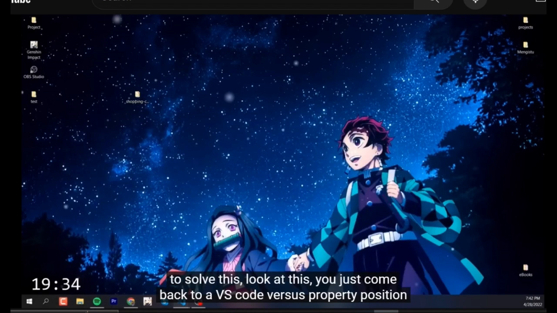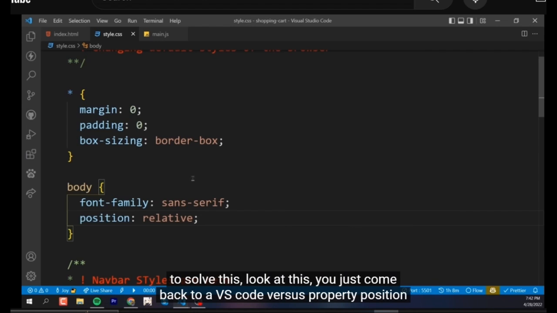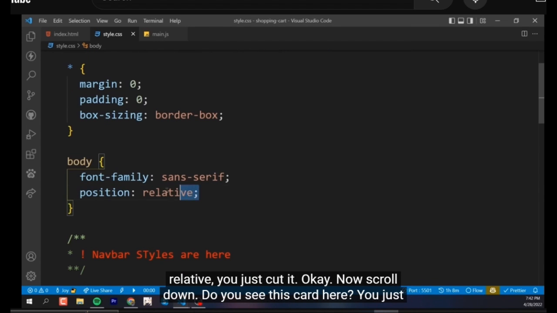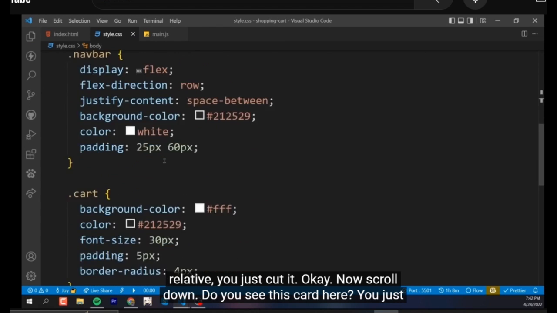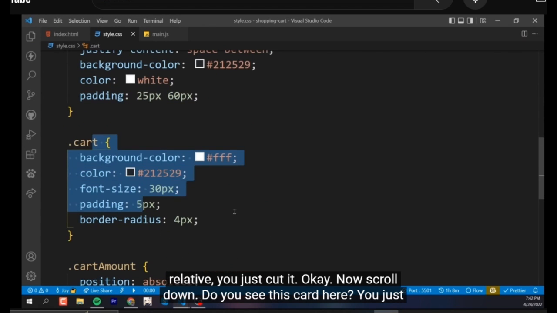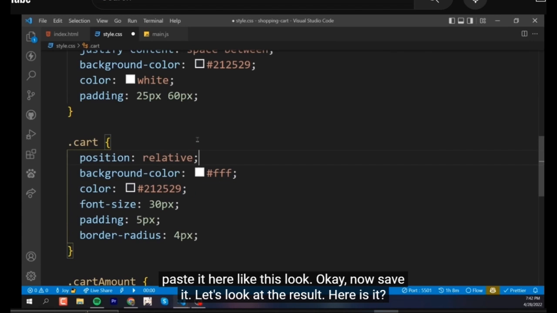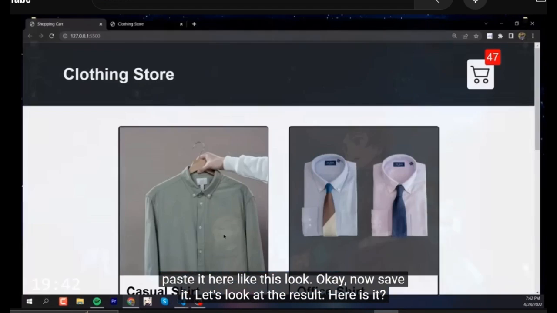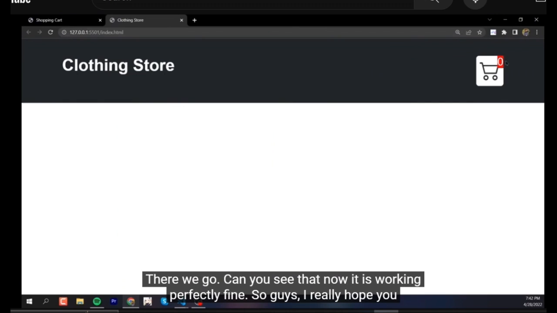In order to solve this, look at this. You just come back to VS Code. Do you see this property position relative? You just cut it. Now scroll down. Do you see this cart here? You just paste it here like this. Look. Now save it. Let's look at the result. Here it is. There we go. Can you see that? Now it is working perfectly fine. So guys,